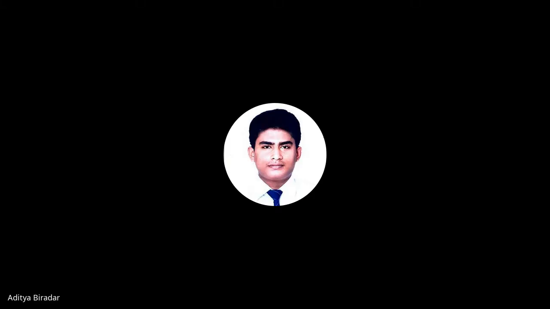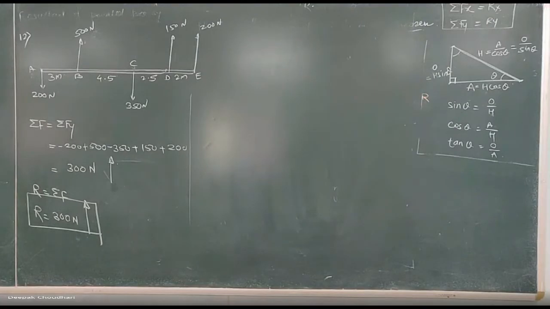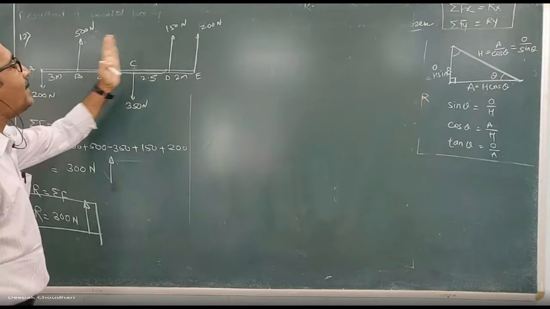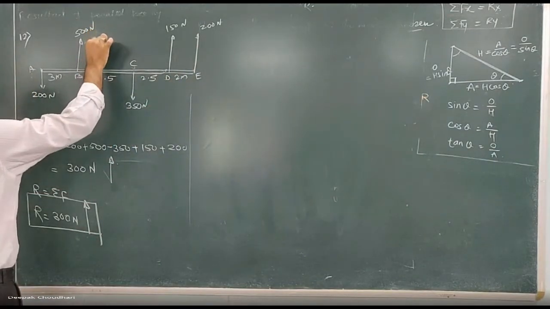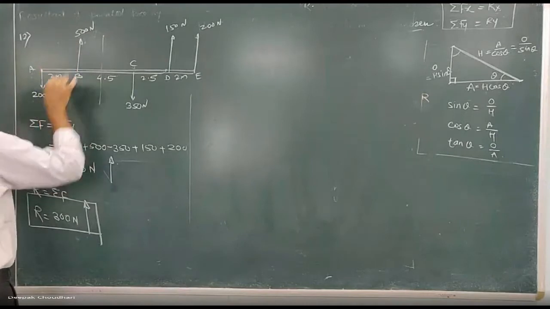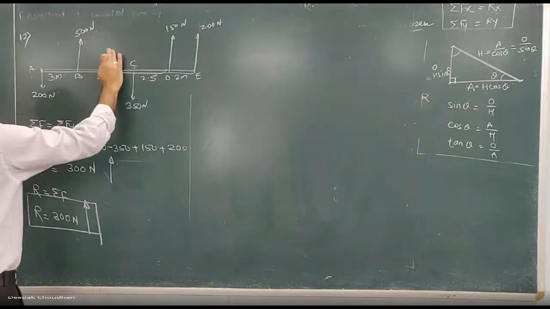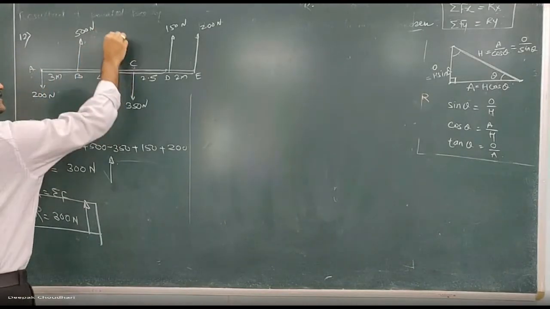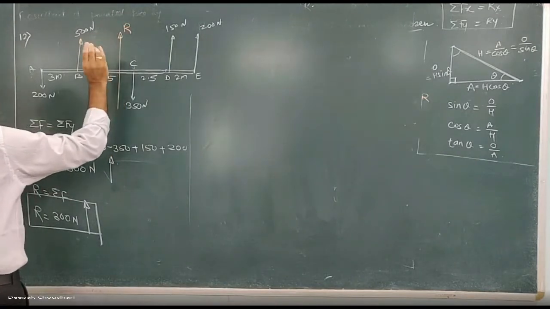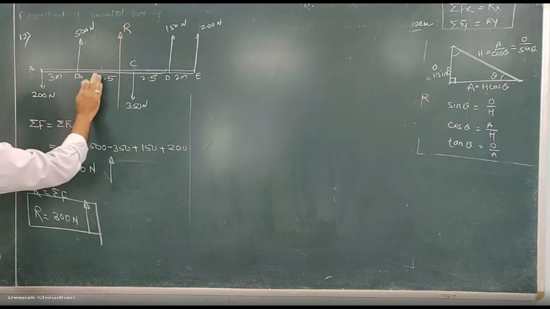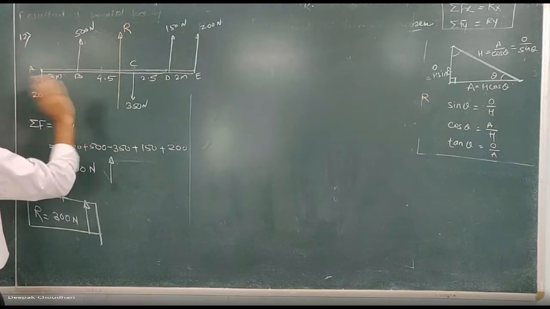Now in case of a parallel force system, along with this magnitude and direction, we have to find out where this resultant will act on the body. What will be the point of application of this resultant? Here, or here, where will it be? So I am assuming that this resultant is acting at this point. Here, this is the resultant. For your understanding, I am showing. We have to calculate where it acts.